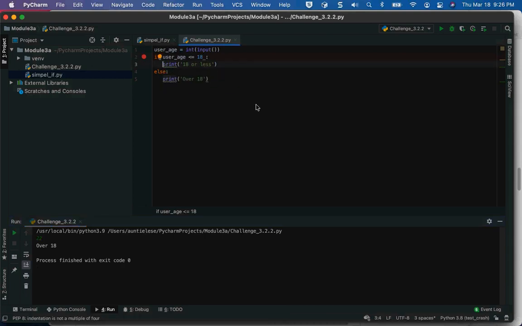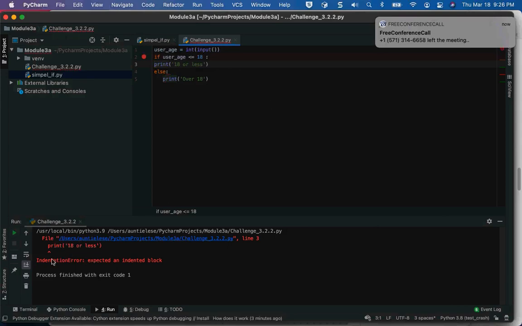Now, here's something else that can be confusing. On line 3, you will notice that it is tabbed in 1. It's tabbed in under the if, and that's important. That's how Python knows to only execute this print statement if user age is less than or equal to 18. But what happens if I forget to tab that in? Well, I'm just going to left justify it, so you'll notice on my screen that the I and the P are in the same column of space. And if I run this,